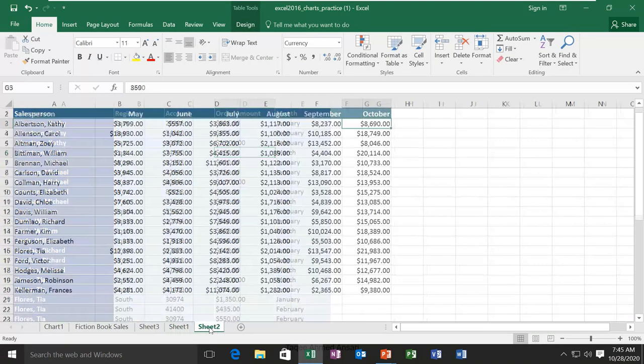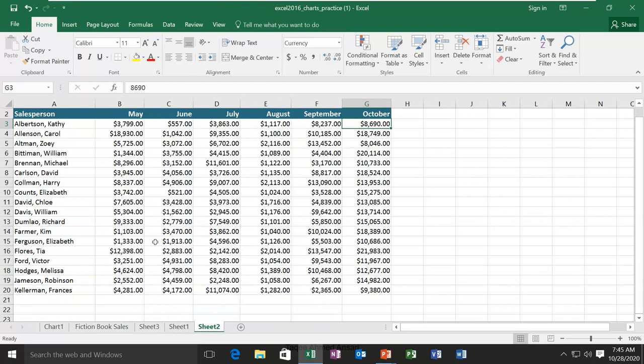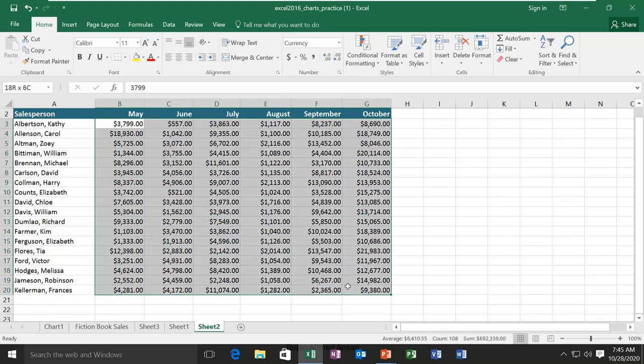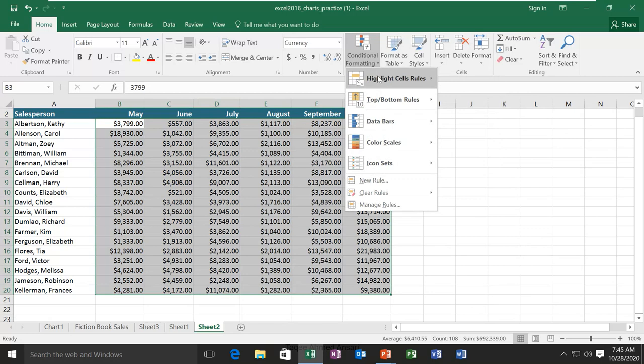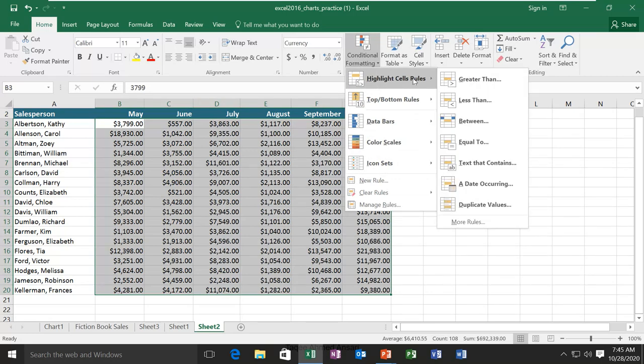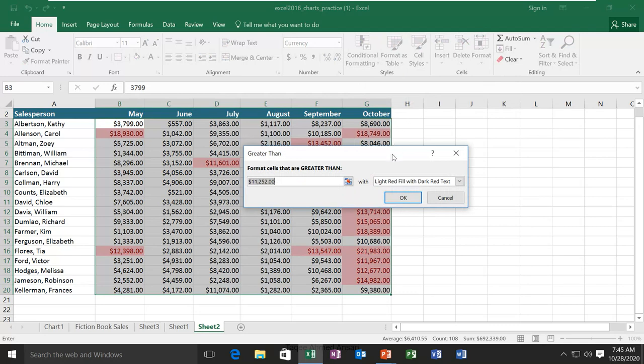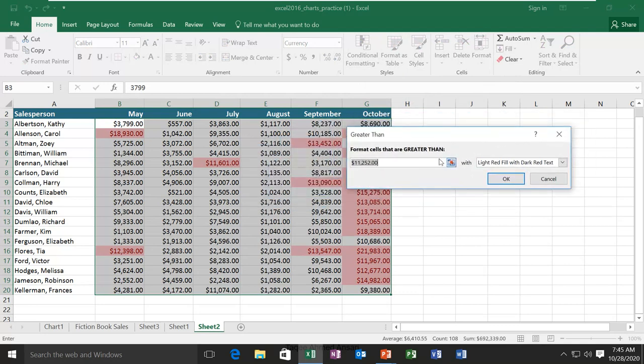So I have the data here and I want to format it. So what I will do, first I will select the whole range which I want to format, and then I'll go to Home tab, and from here in this Styles group I have this Conditional Formatting. Click the drop down, I have the option to Highlight Cells Rules. Now I have different options to choose from. I want to see greater than 4,000, so I click on this, and then here I can select the value.